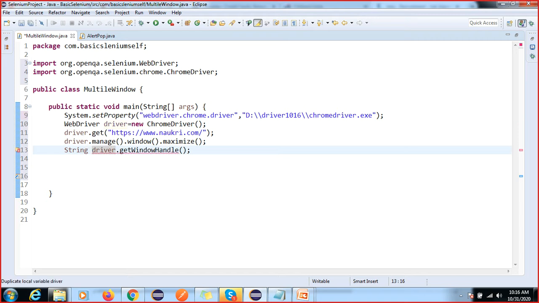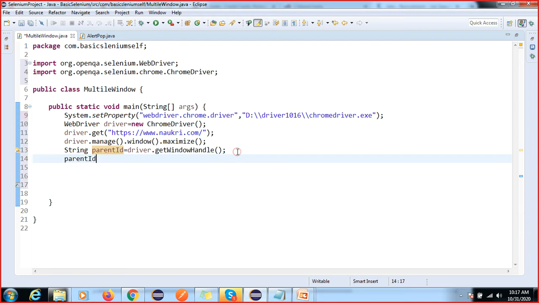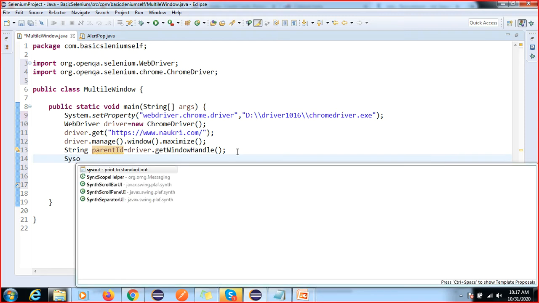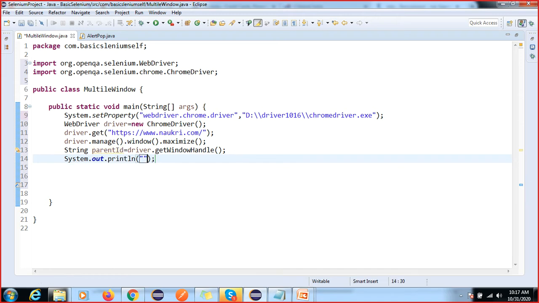A string, parentId. And if you want to display this parent id, we will get something like a hash code. SYSO, and space, this will come automatically. So here we can print the id of parent.